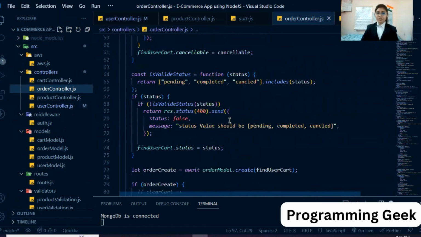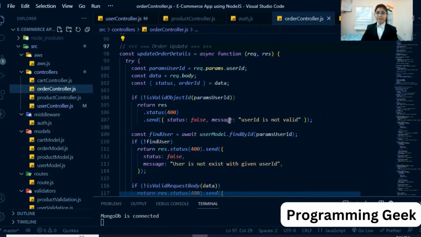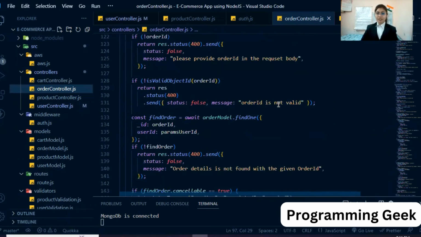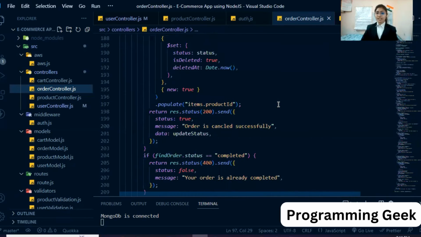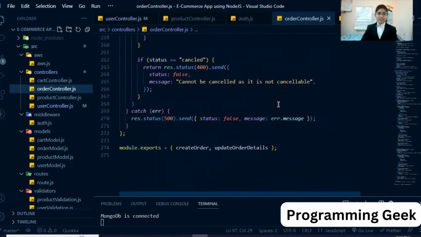Then by using the create method, we can create the order. And the second API is for updating. It means we can delete the order. Here, first I write the post API like this. After validating all the data, we can fetch the data and update it.